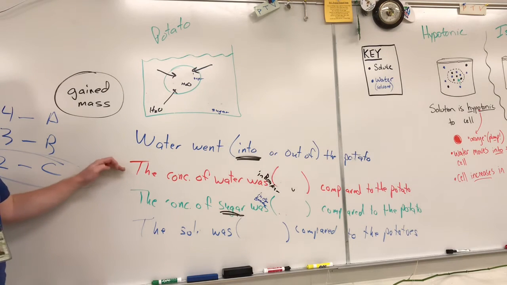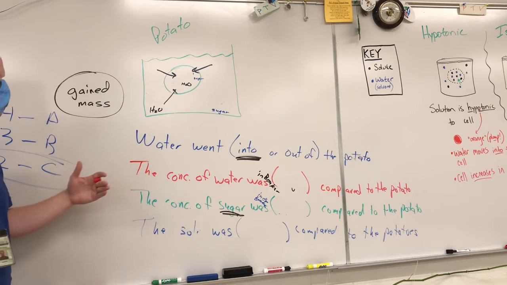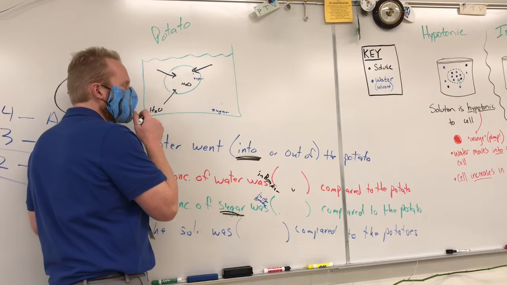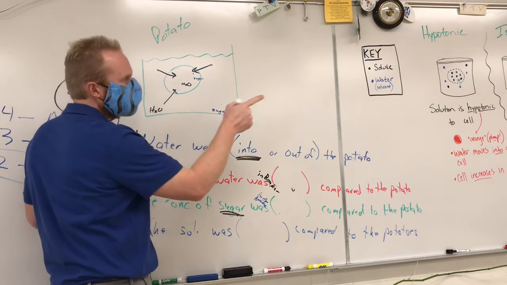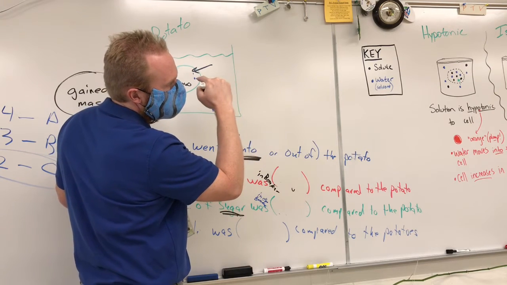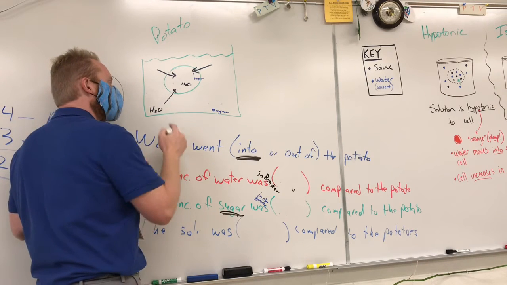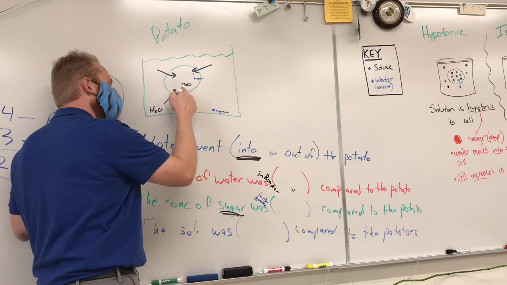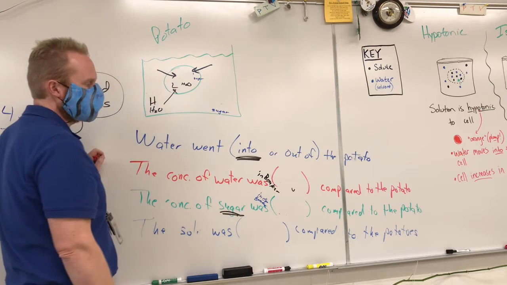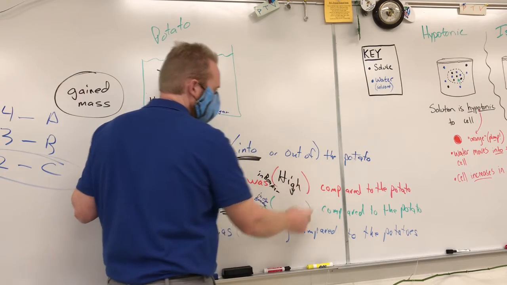Now we go back a little and ask, if water was going into the cell, what must the concentration of water outside have been? Osmosis is the diffusion of water, and diffusion is passive transport, flowing from high concentration to low concentration. So if water flowed in, it must have been high concentration outside to low concentration inside. So the concentration of water in the beaker was high compared to the potato,